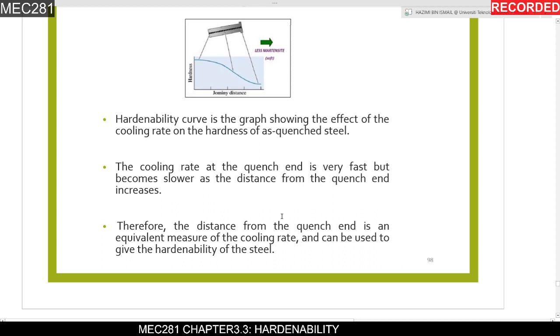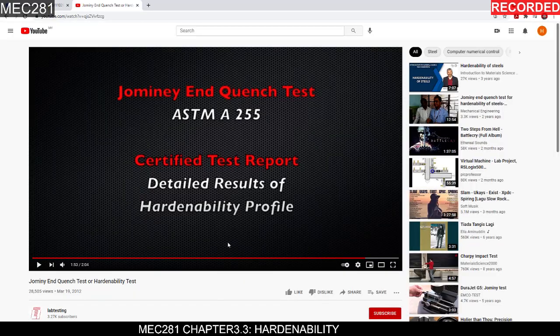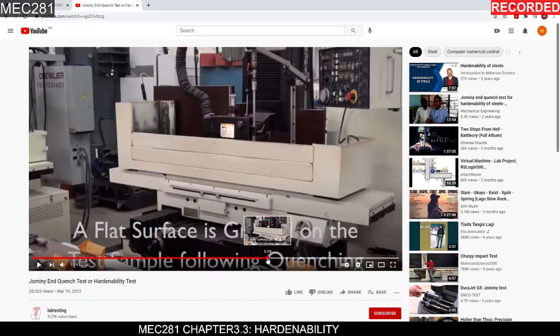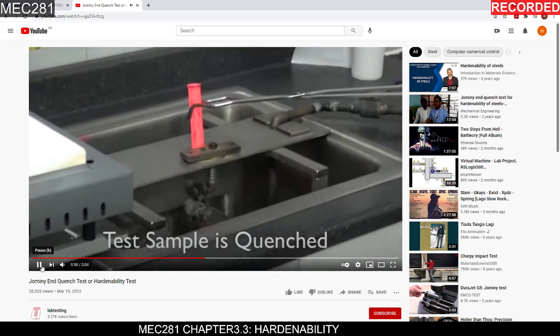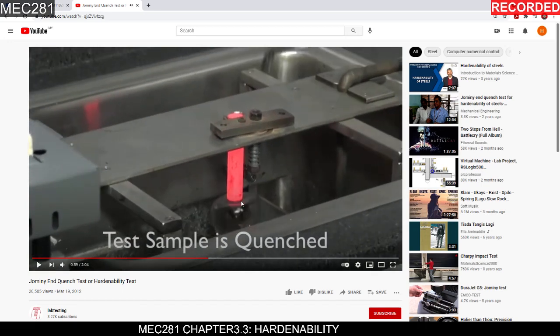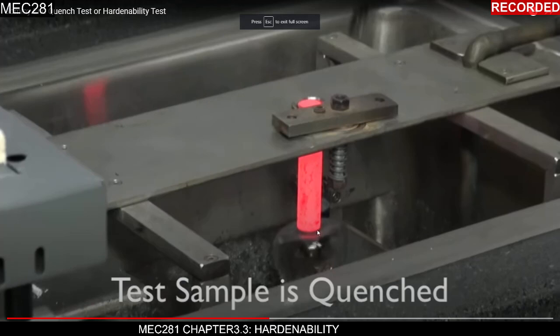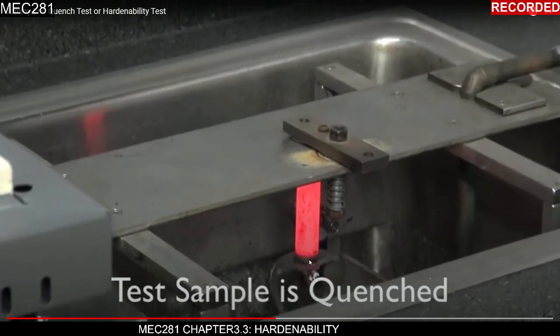Yes, as we saw in that video, once the rod reaches the water, it instantly forms martensite, and then it gradually forms toward the other end. Let's see here. Around here, it instantly forms martensite, so it is a very hard point here, and then it starts